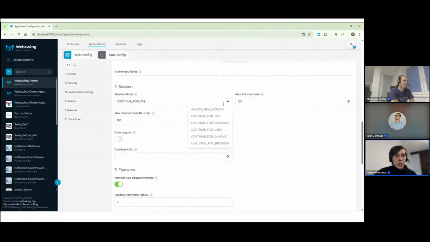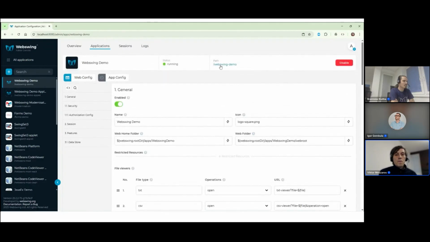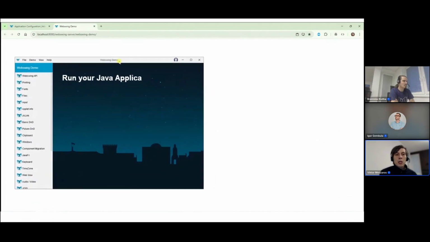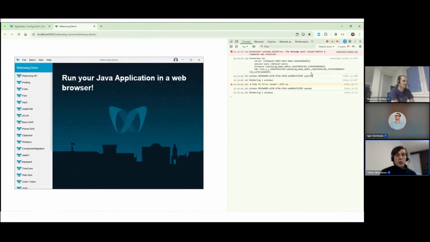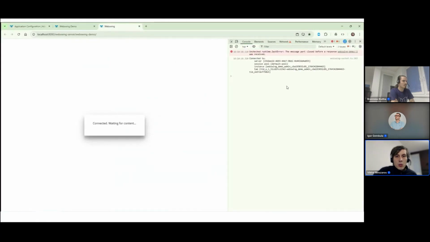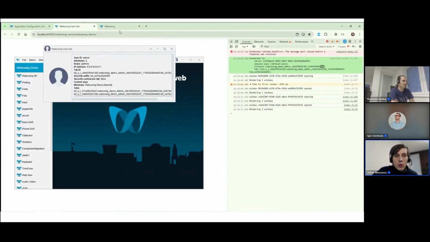So first of all, we select the link view for browser session mode in the admin console, we confirm it, and then we start a new session. This is essentially useful if you have, for example, multiple screens and you want to share browsers or share windows across multiple screens. So when the application starts, you can see that the ID of the instance was ending with 463. And when we opened a new browser tab, the 463 ending of the instance is the same